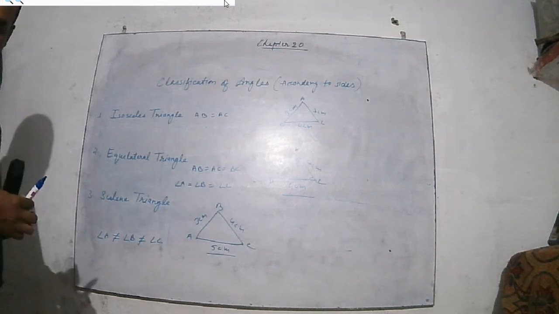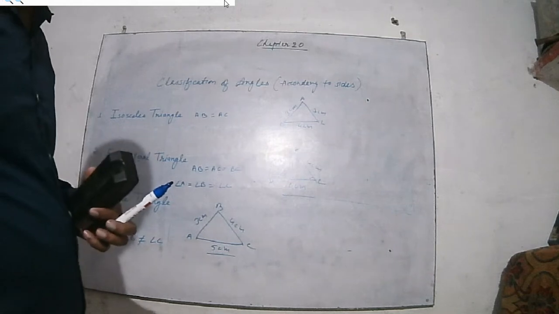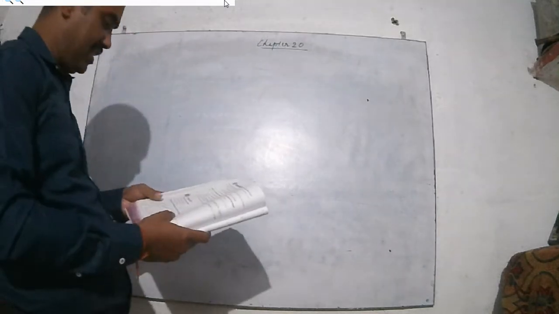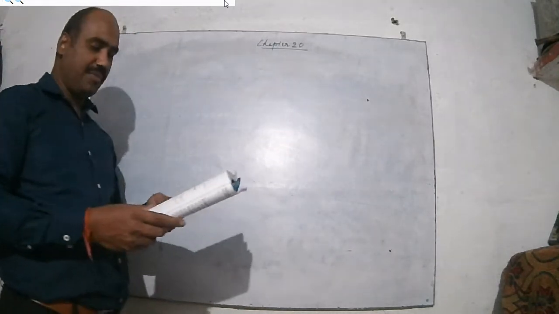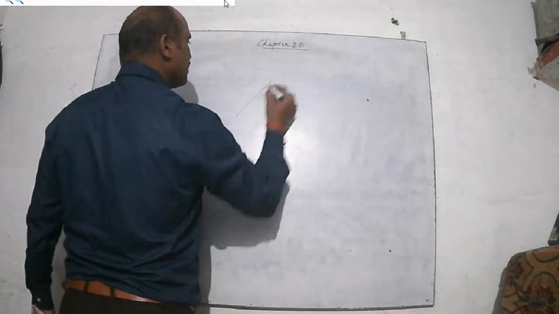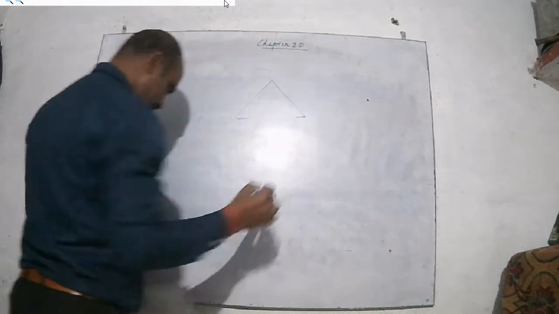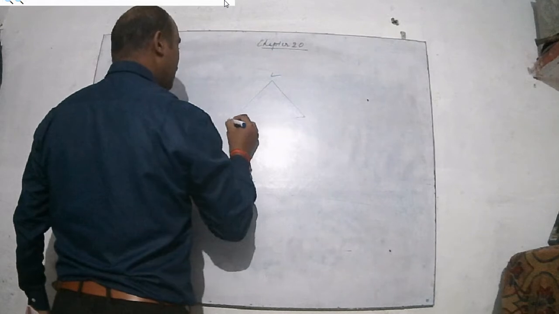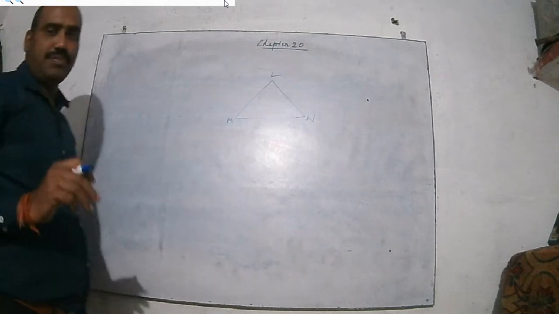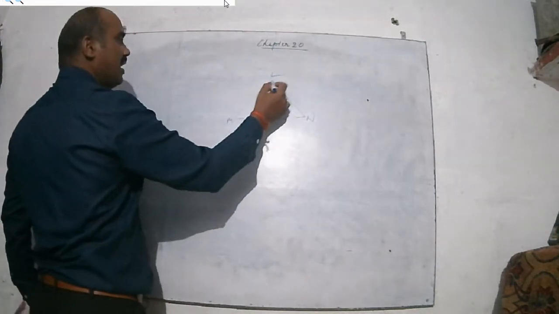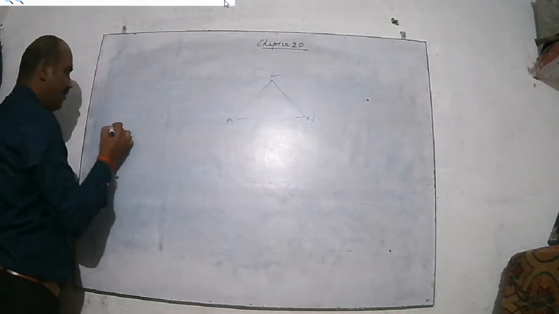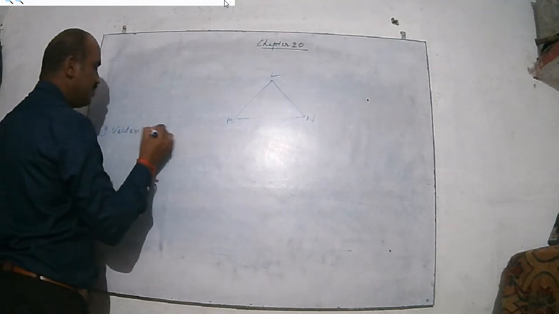Here in exercise 7.4, now in this exercise, one figure is given here. You have to find out the vertex of the angle. Suppose this is our triangle, the names given here are L, M and N. You have to tell about the vertex of the triangle. Vertex means where two lines meet. Now here this line meets here, so you say that this one is the vertex. So the first one is the vertex of a triangle.